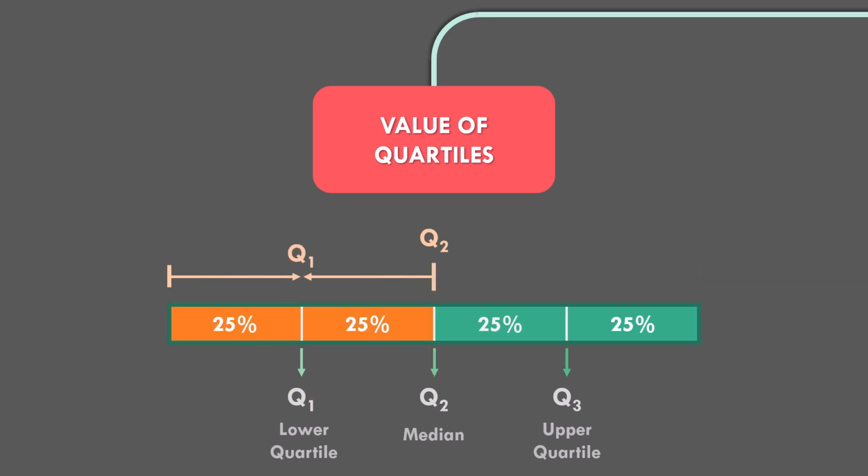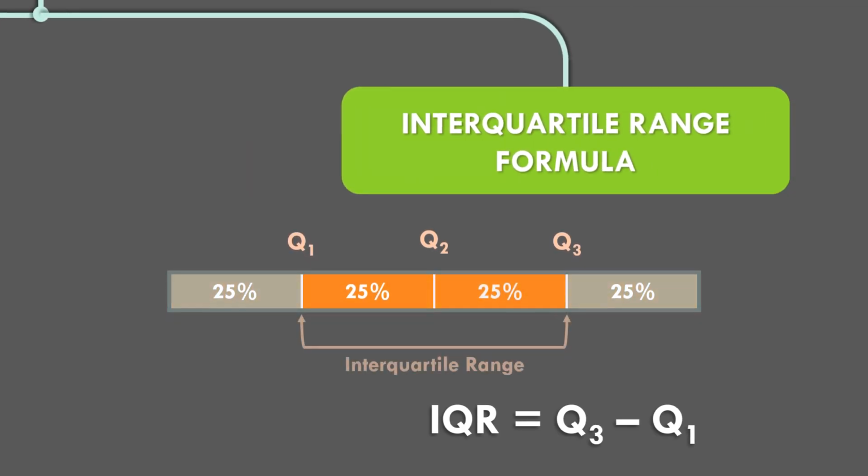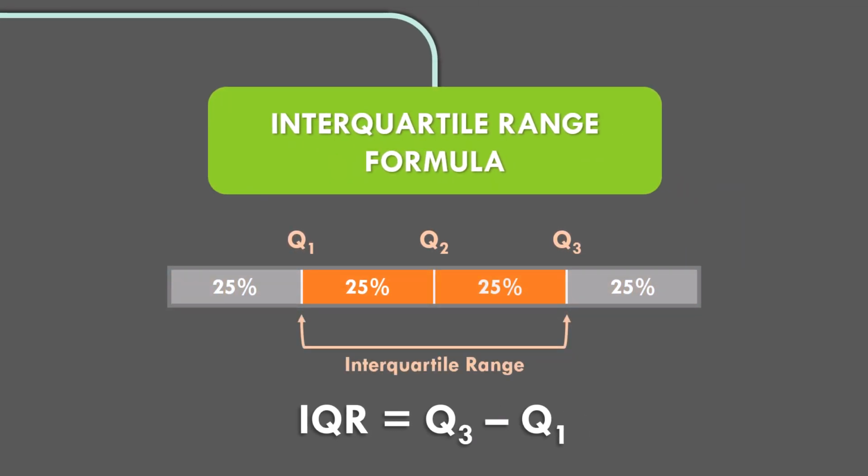After getting the lower half from the start up to the quartile 2, we will get the middle, and that is the quartile 1 or the lower quartile. The upper half is from the quartile 2 up to the last, and then we will get the middle of that, that is the quartile 3. The formula for the interquartile range, IQR, is equal to Q3 minus Q1.